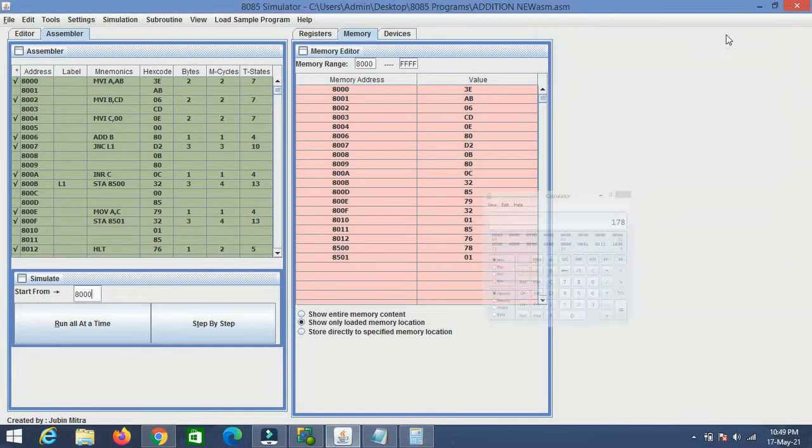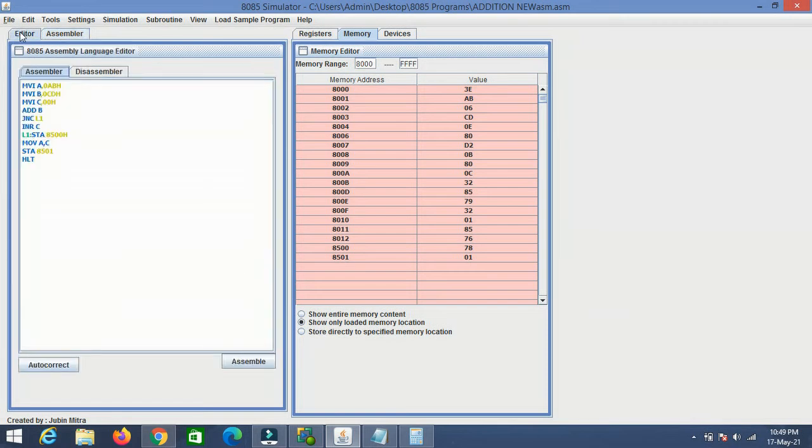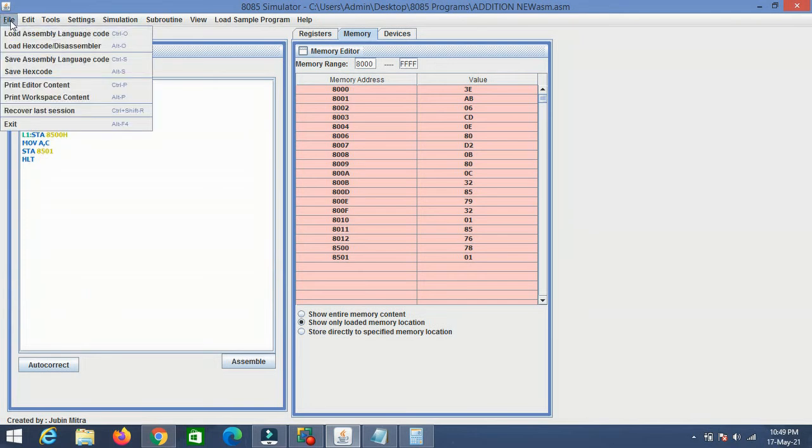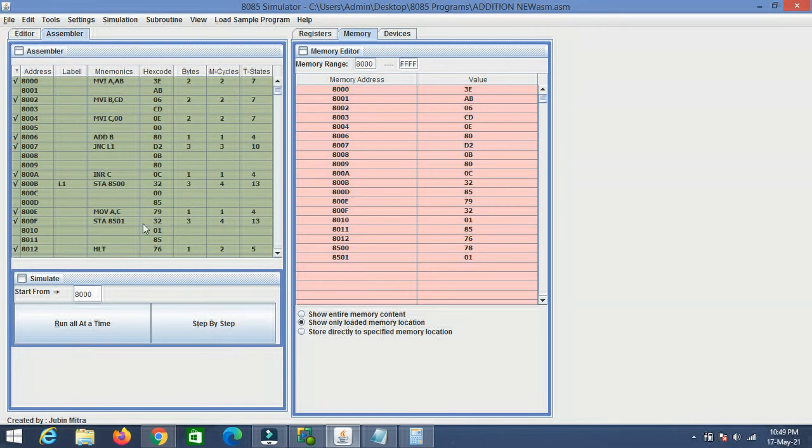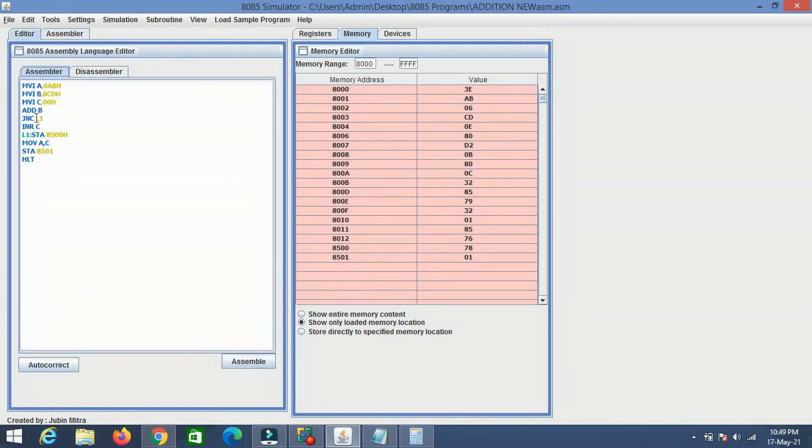So likewise we have to program. The process of working with the 8085 simulator is, on the left side in the editor we have to program, and we have to save this using this file menu. First you have to save it. Once you have saved, it will automatically get assembled like this. If any error appears, it would clearly show here. For example, assume that I am using an instruction wrongly.